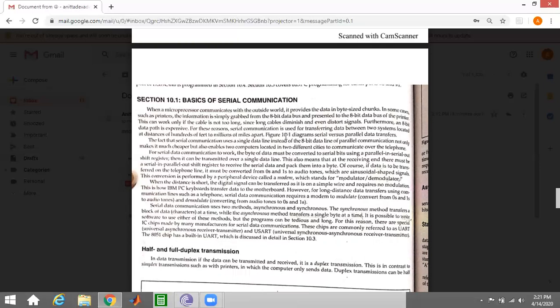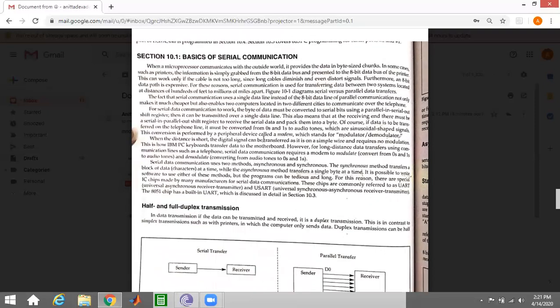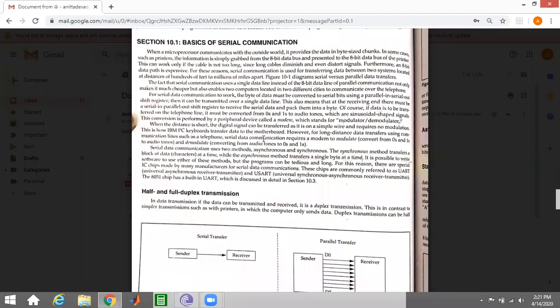First thing is what you already know about half and full duplex communication, right? What is half duplex communication and what is full duplex communication? Madhumita, do you know what is half duplex and full duplex communication? I don't know, ma'am. So for any communication we need 2 parties. What are the 2 parties required for communication? Sender and receiver, right?